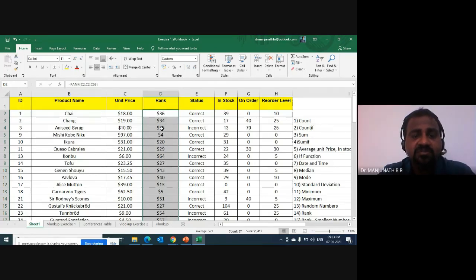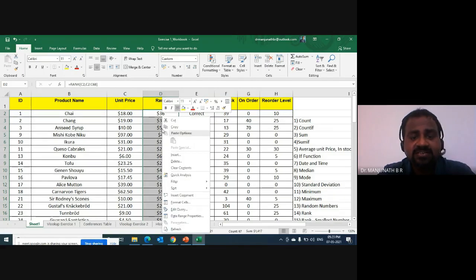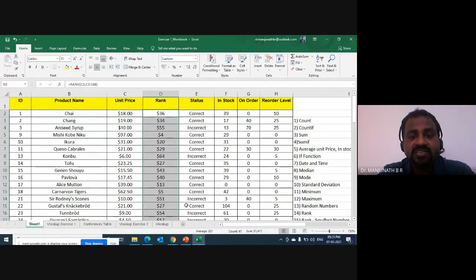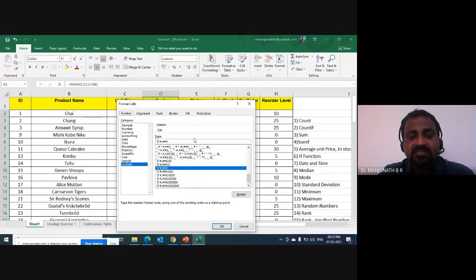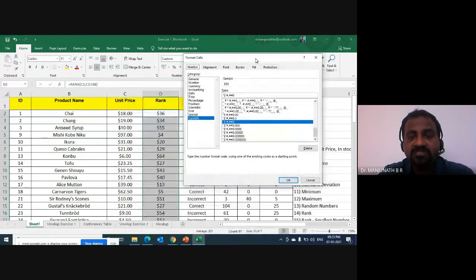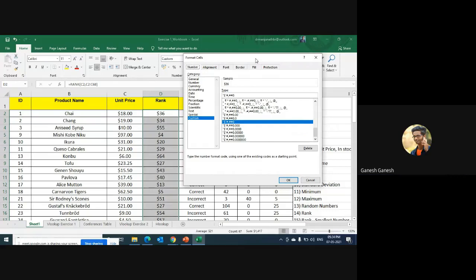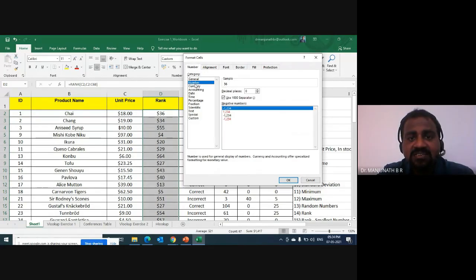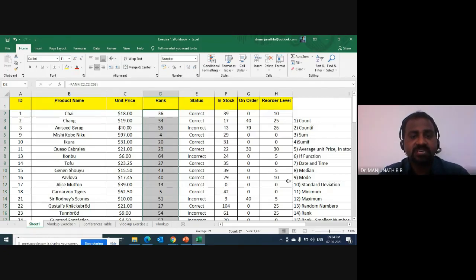Okay, now the selection is like that. Now I want you to use your mouse or a touchpad, do a right click, and then select format cells. Select format cells and a separate window opens. Is it working for you? Yes, sir. Okay, now you please select number, the category as number, and then say OK. Now you can see a perfect number here.